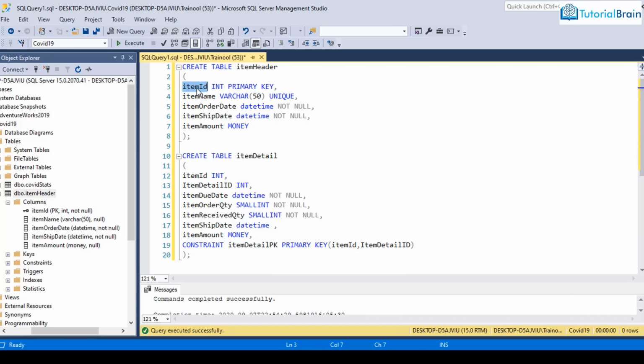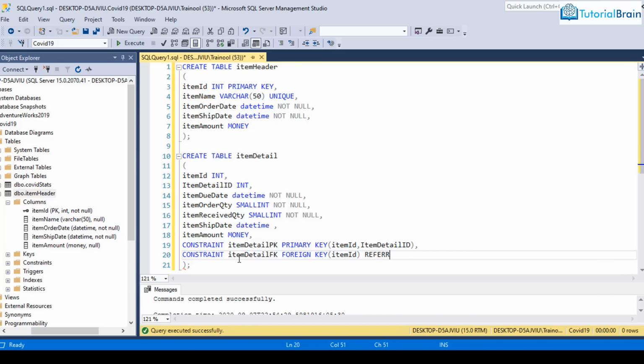So if I just add a comma here, and if I just say constraint, and if I just give the name of the table, that is item detail, and for the foreign key constraint, normally I used to give fk as suffix, and I will just say foreign key, and let's say I want to relate item ID. So I'll just give here item ID